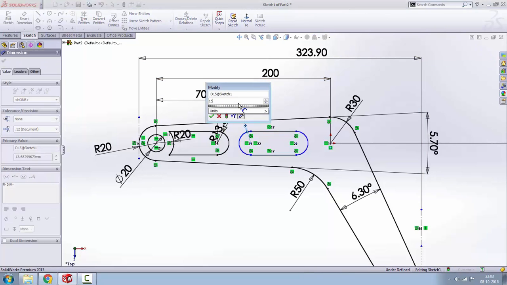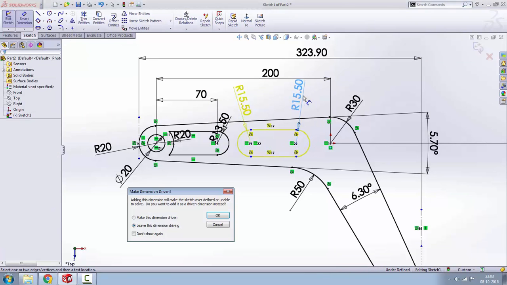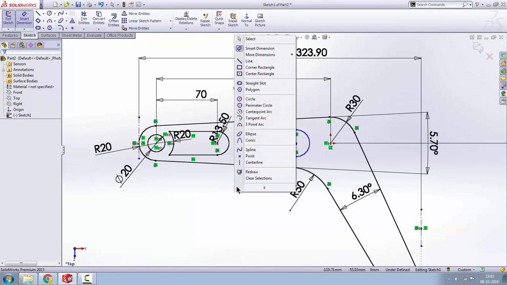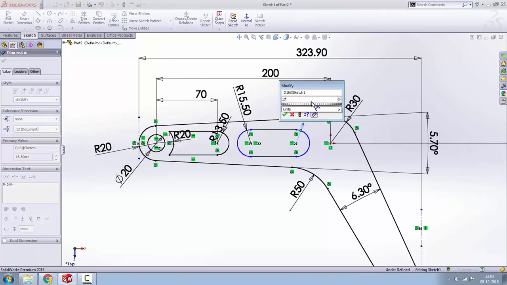And that has a radius of 15.5. There's a problem. We have to delete the parallel relation between all those lines. Right click, select, and select that relation, press delete key. That's gone. Now we can provide the radius, which is 17.5,